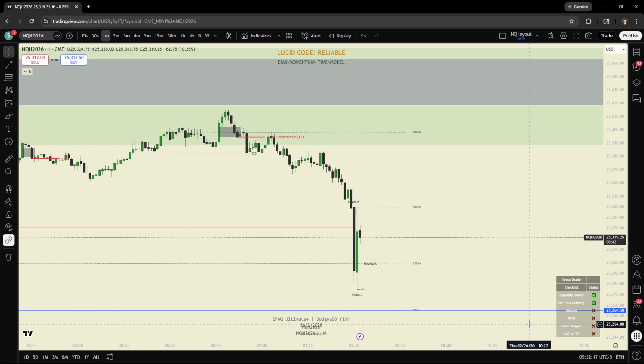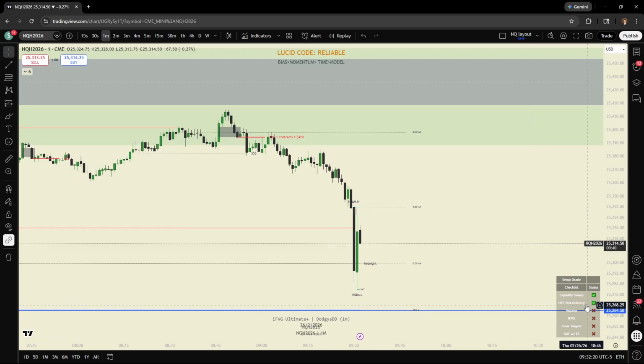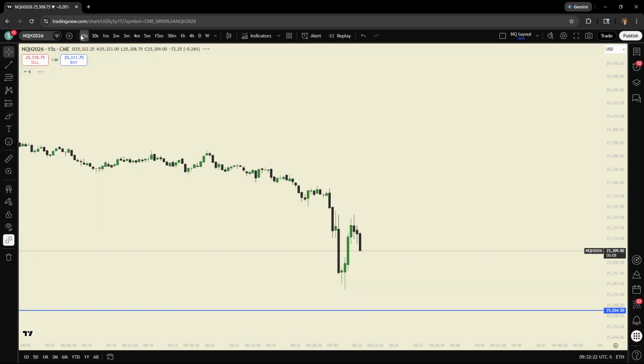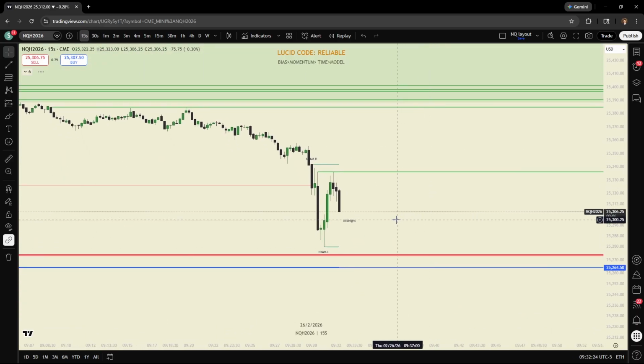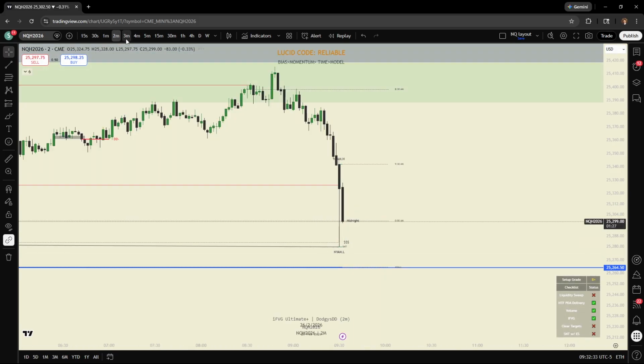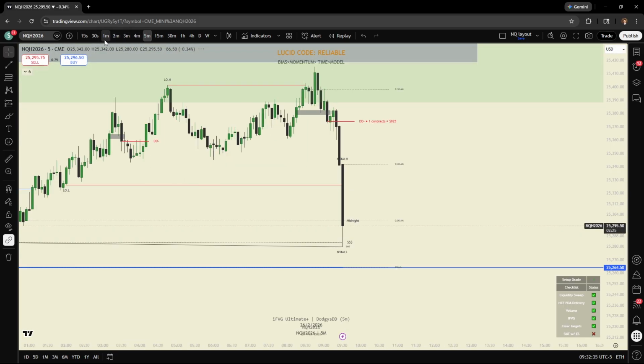All right, guys. We're looking to see if there's gonna be a false move to the downside, and we're gonna look for maybe CSD to the upside here. And if we don't get it, we just don't get it. But we need like a 3 or 2-minute inverse here, which is still a long time to the close.